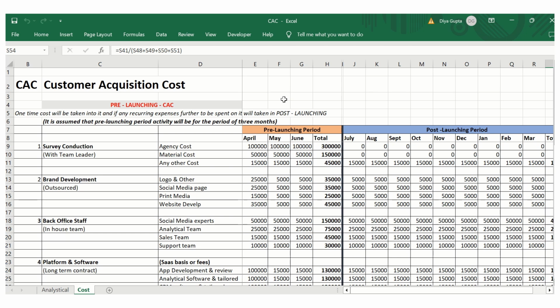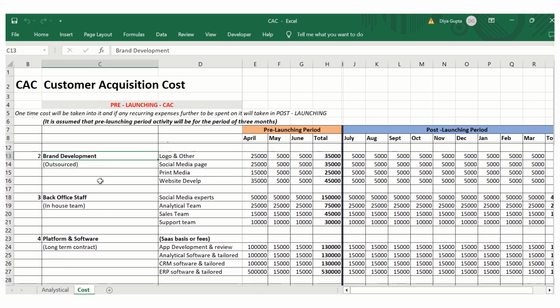Because whatever effort you are putting into the market through these CAC expenses, through any social media or the website or the survey or whatever the heads I have already explained to you. For more information you can just refer to my previous videos. So all these expenses are cost heads. So I have just taken all the heads on this left side, where the first is survey, then brand development,